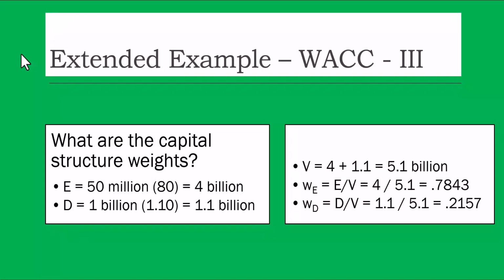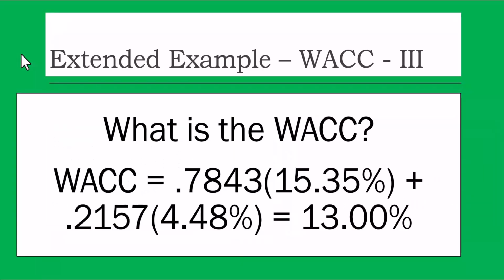Is that okay? Fine. Now we have calculated the value of both and added them, it comes to 5.1. 4 divided by 5.1 comes to 78%. 1.1 divided by 5.1 gives you 21%. Now, what is the WACC? It is 0.78 into 15.35 plus 0.21, which is 21%, into 4 point something. So WACC is 13%. Is that clear? Did you understand this? Now one last question that I am doing, that is cash